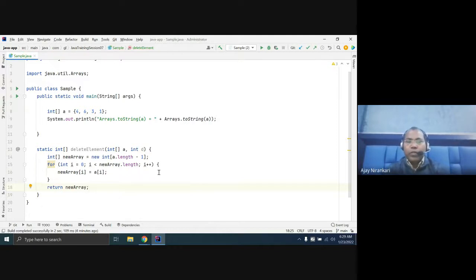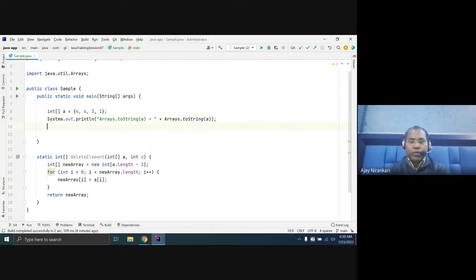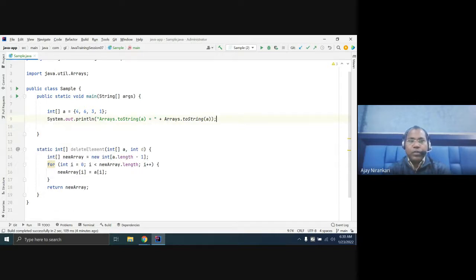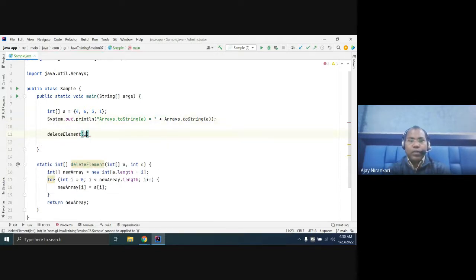So partially here you are only creating a new array and copying each element from your input array to the new array. So in this way, you figure out one element will be removed, but which one, we have not compared yet. That means if you run it, let's invoke delete and pass your array and pass, let's say, the element data 3 I want to delete.